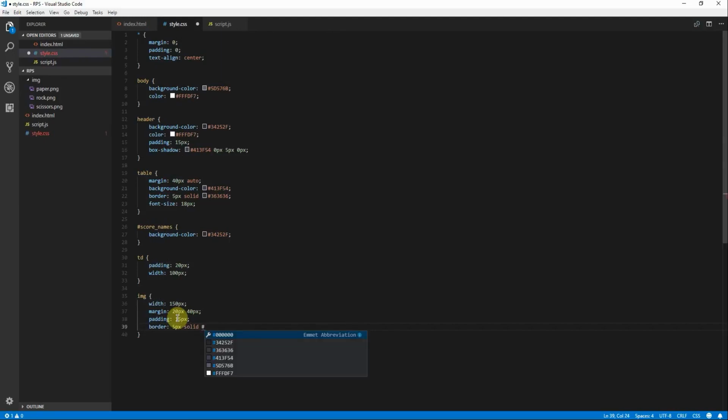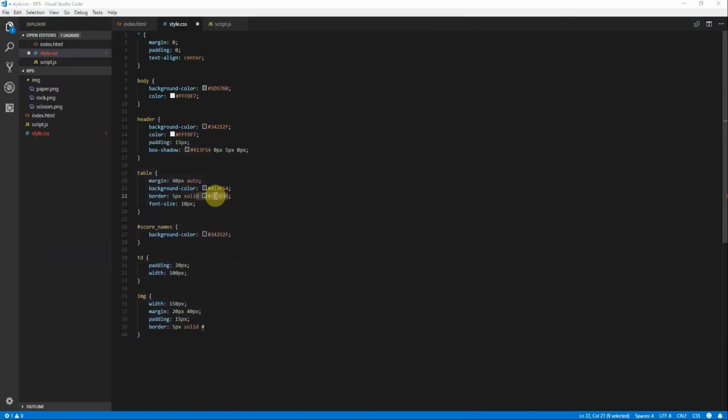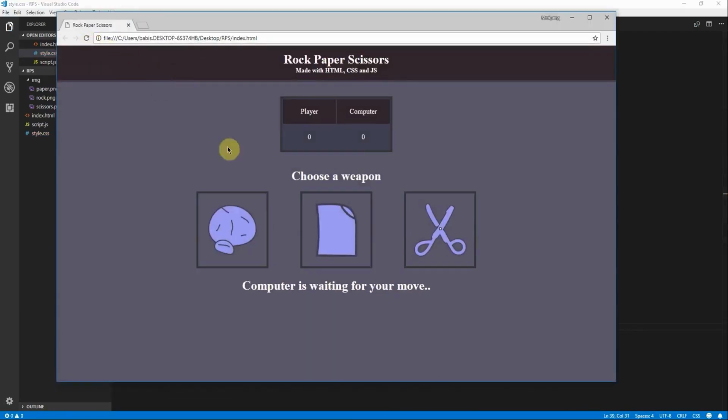and let's try the same border with a scoreboard. Okay, it looks good to me,